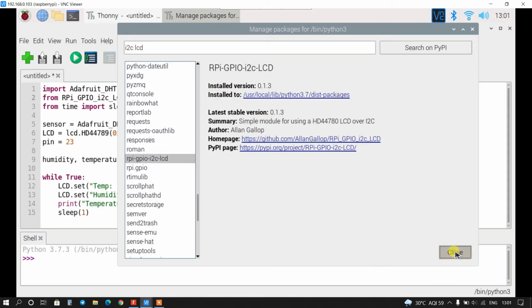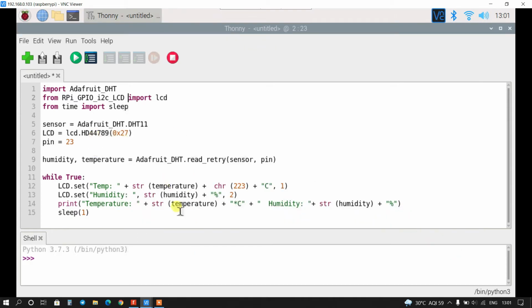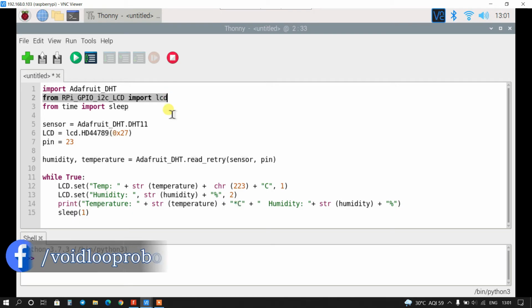Okay, so I will close this. If you have not installed it, you should install that library. I have already explained how to interface I2C LCD with Raspberry Pi board in a previous video. So click on the I button and you can watch that video. Before running this code, once we will see the hardware.